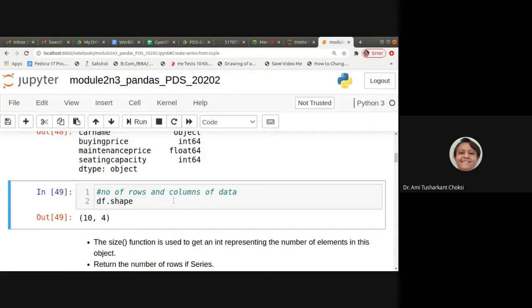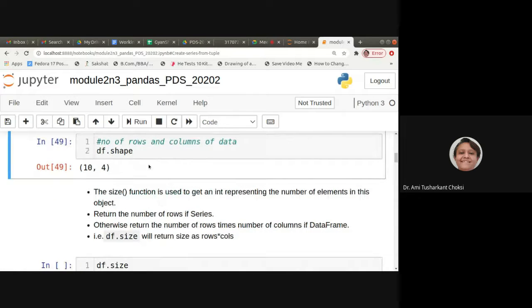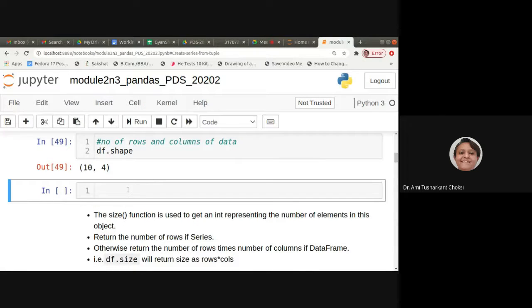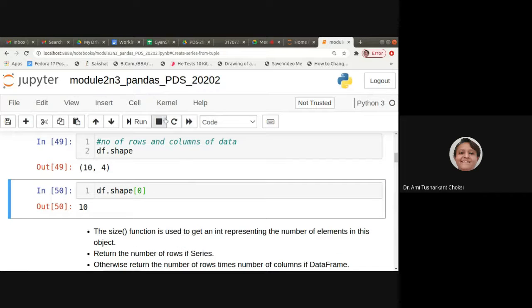df.shape, that is rows and columns, isn't it? Let me write it this way, df.shape of 0, and let me put 1 also. Insert cell below, right?